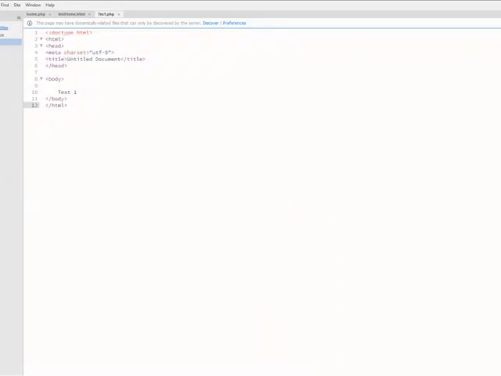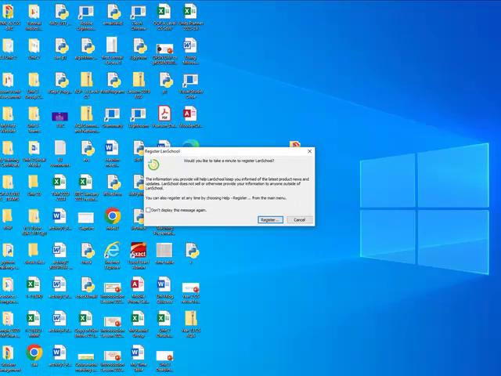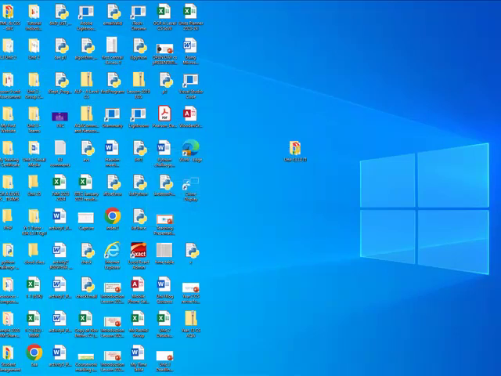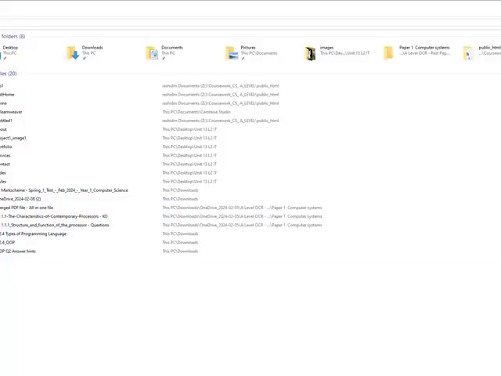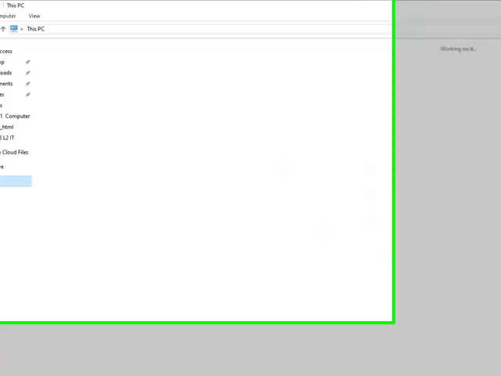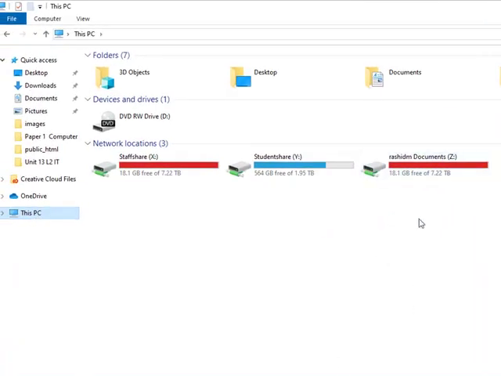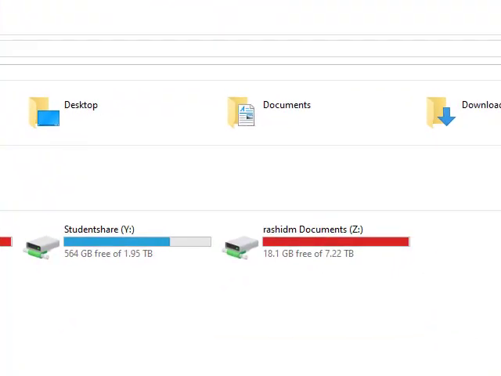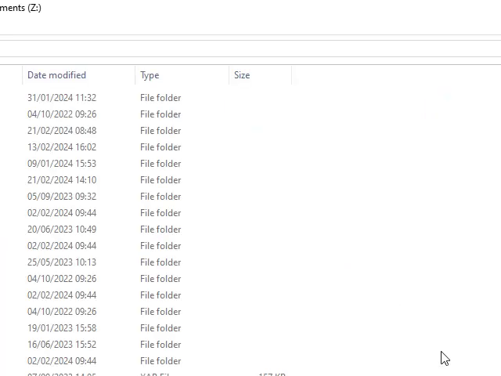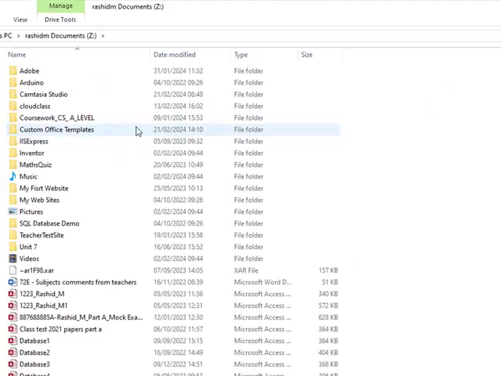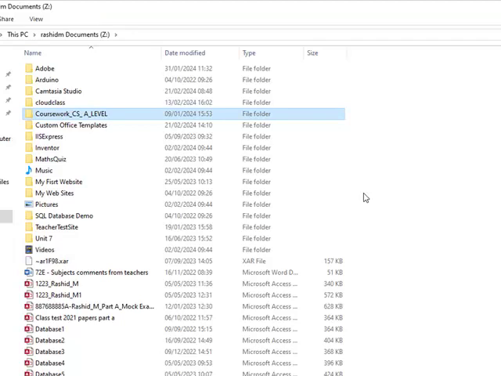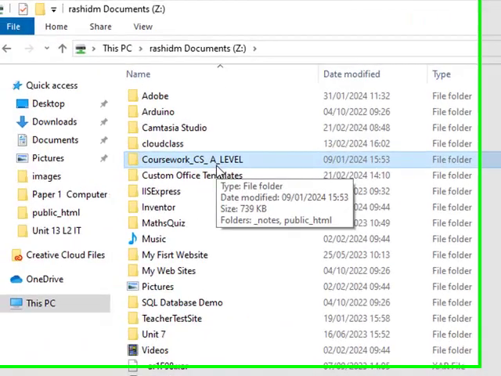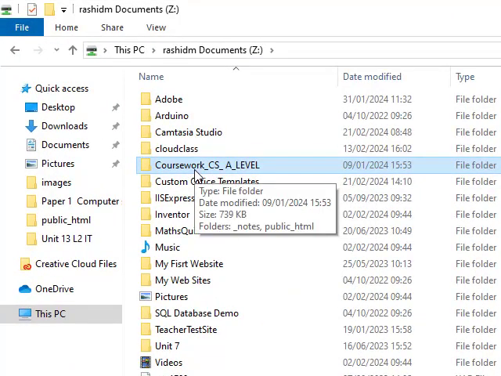What you need to do first of all is create a folder to use on that drive. If you open the folder and go to This PC, you will see a drive with your S number, which is the Z drive. You're going to create a new folder inside there. For example, I have created a folder called coursework, CS A level. That's how you create a folder. You can name it